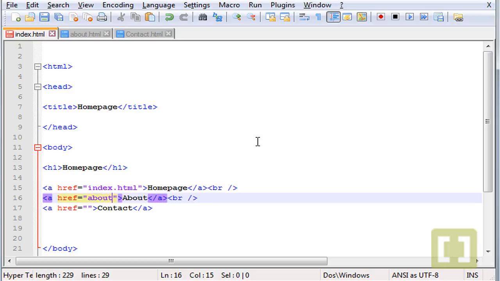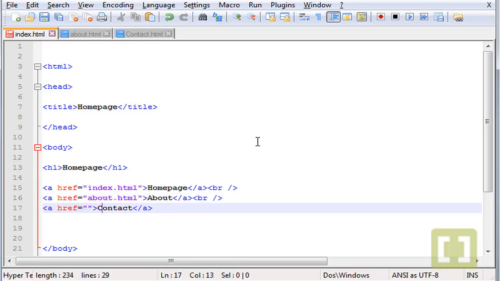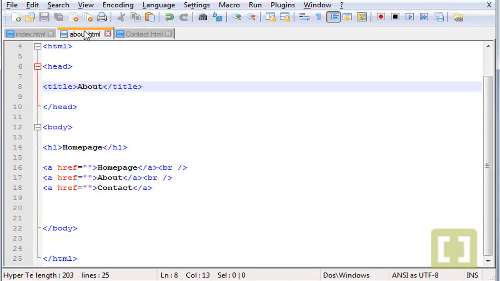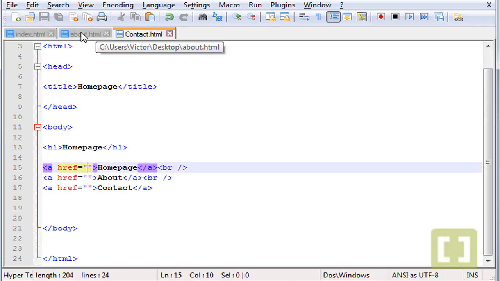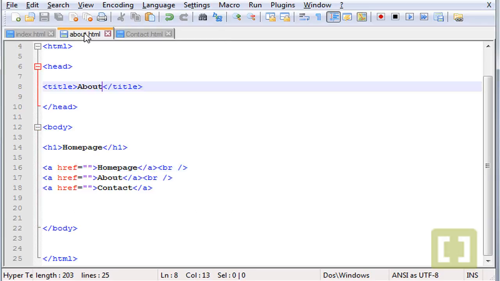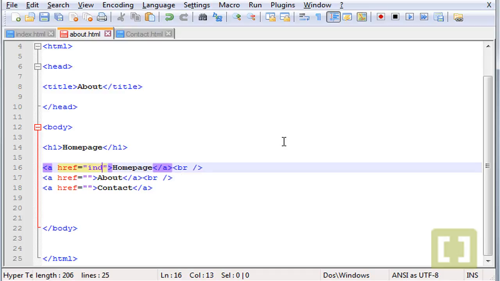The about is about.html. And the contact is contact.html. Okay? And let's save this. Now we have to do the same thing for the about.html and contact.html. Okay? So if we go to about.html, we just type here